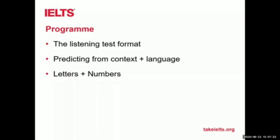We're going to look at the format of the listening test, and look at what's probably the best bit of advice we can give you: how to predict what you have to listen for from looking at the questions and the context. We'll do a practice involving letters and numbers, a little dictation for you, because in the IELTS listening